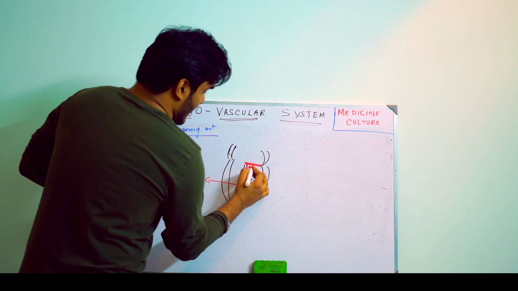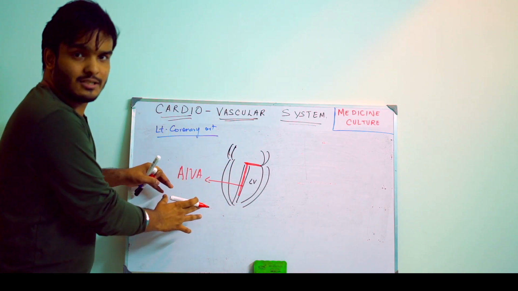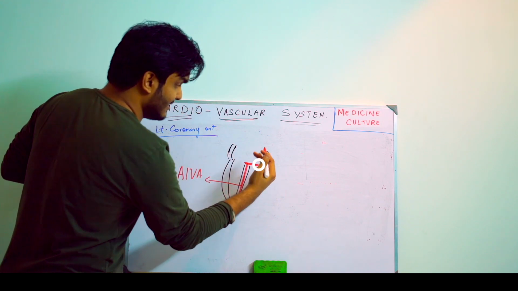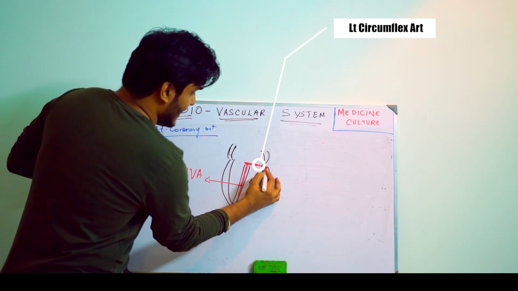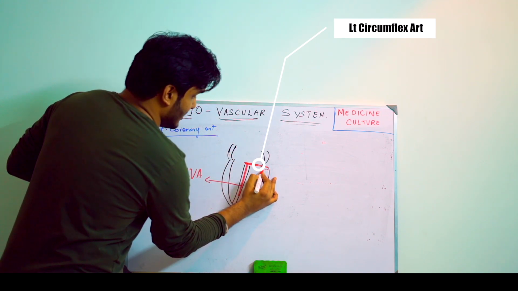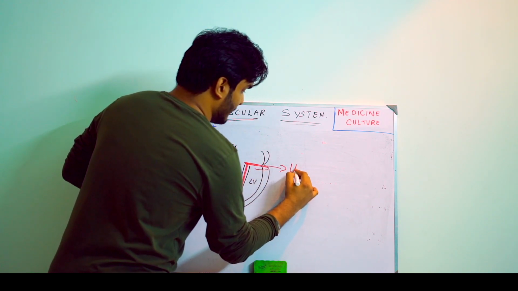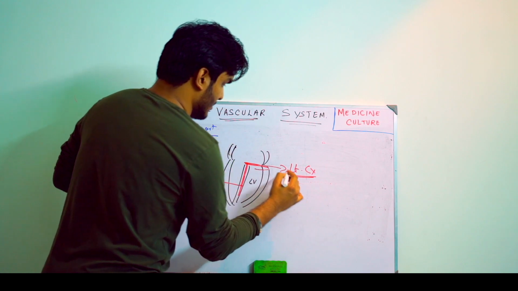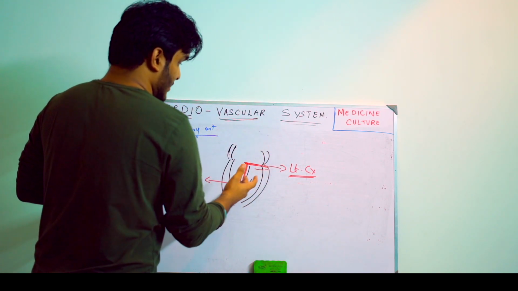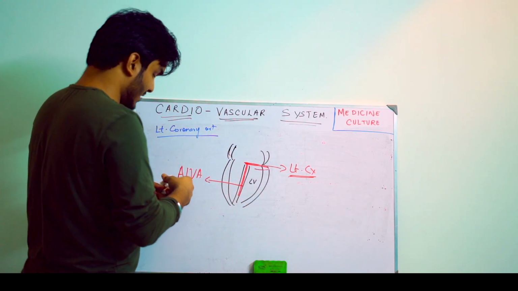So this artery, left coronary artery, after it gives this branch, you see, it continues as the circumflex artery. This is left side, right? So it continues as the left circumflex artery. It runs along the posterior side also. Okay, so this is the left circumflex artery. So we have found, yes, AIVA is a branch of the left coronary artery, and the left circumflex artery is a branch of the left coronary artery. So next, what's next?